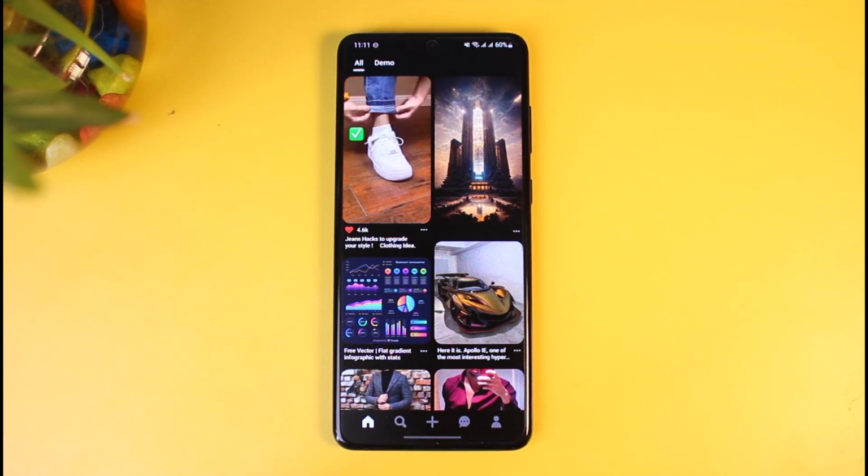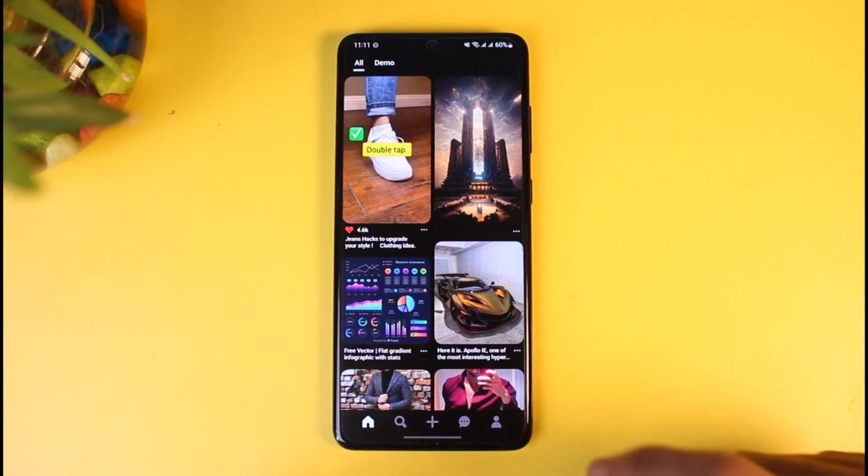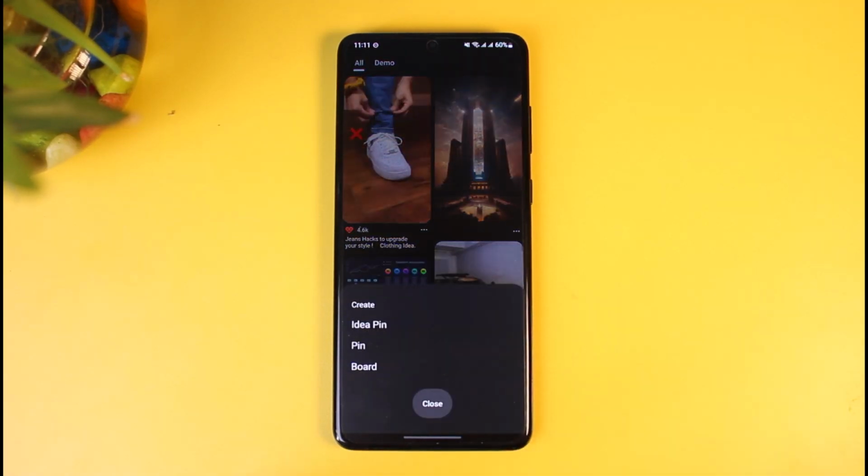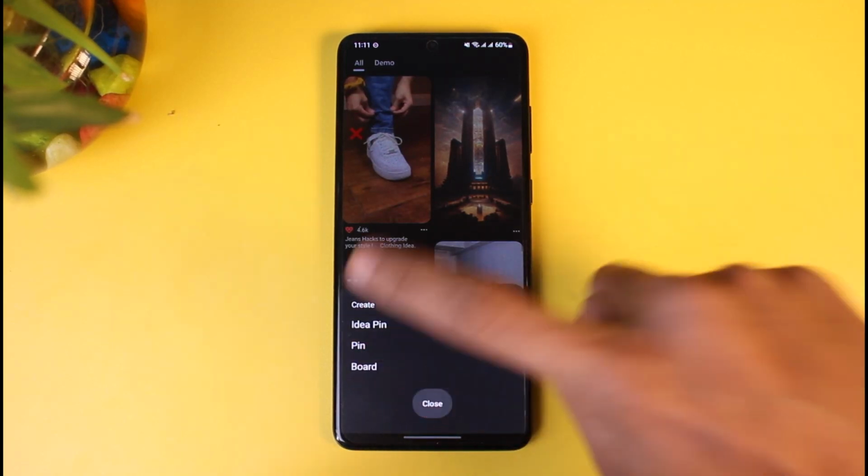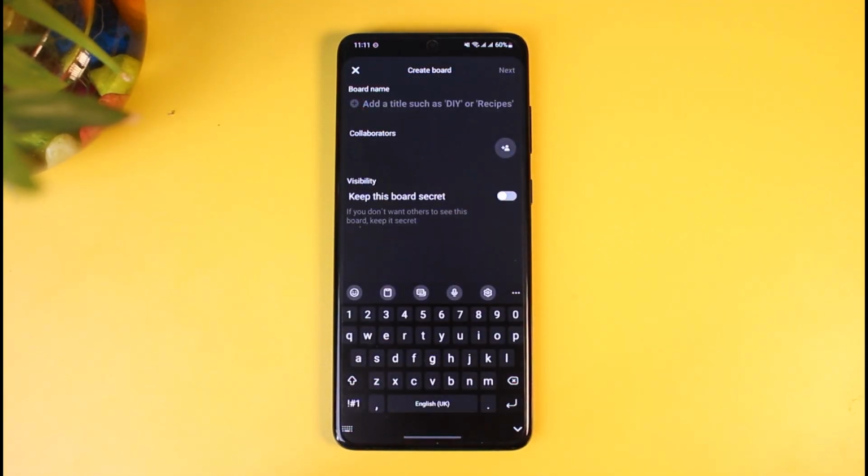In order to create your own board and add some pins to it, just tap on the plus icon from the bottom, and here you'll find the option that says board. So just go ahead and tap on the board option as well. And as soon as you tap on the board option, just go ahead and enter the name for your